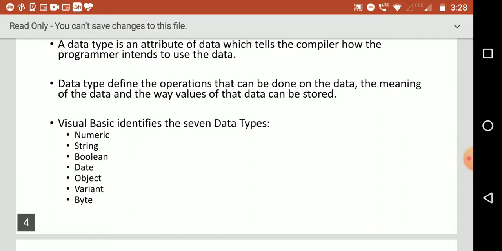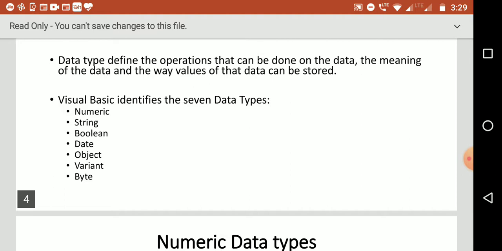Suppose the type of data is numeric, an integer type of data, then we will be performing arithmetical operations on it. Suppose the data is a string, a collection of alphabets, then we cannot perform arithmetic or mathematical operations on it. We can just do concatenation of the string, substringing, and the other basic operations that you can perform on strings. So the concept of data type is informing the compiler what operations you can perform on the data.